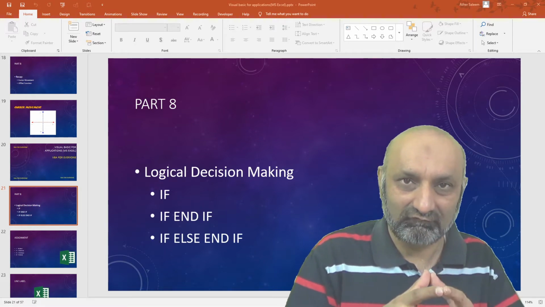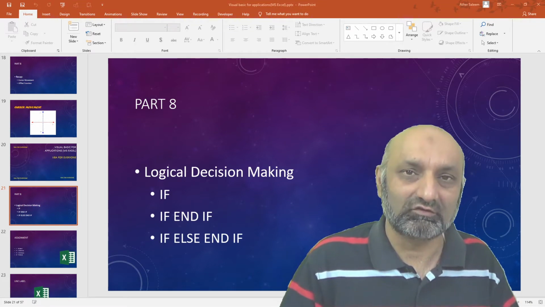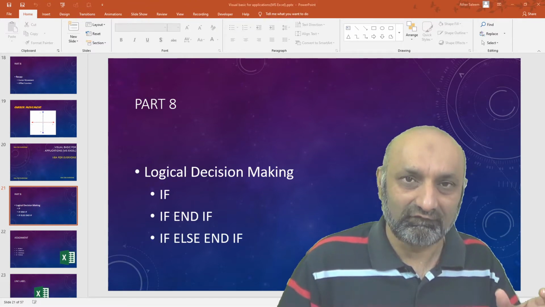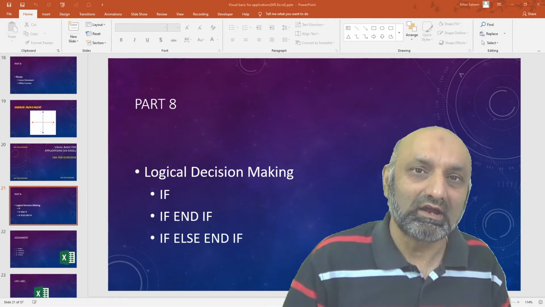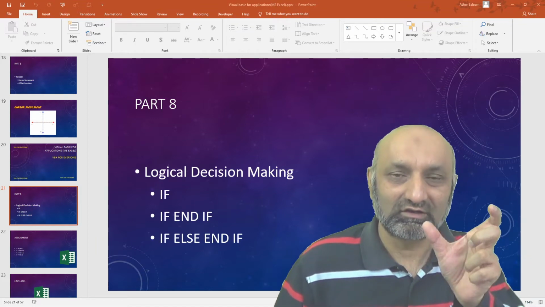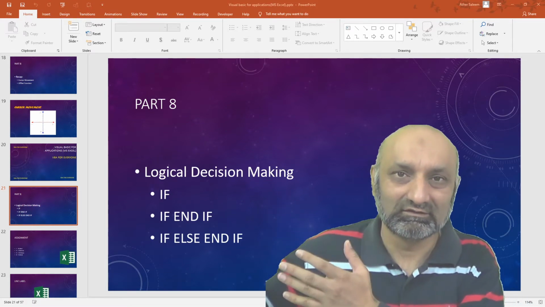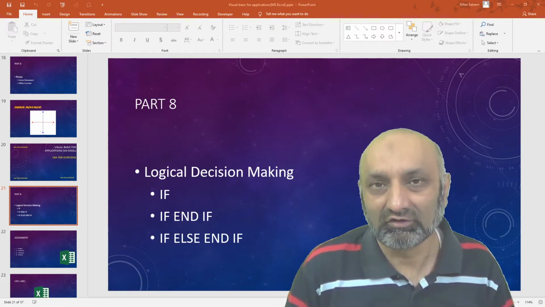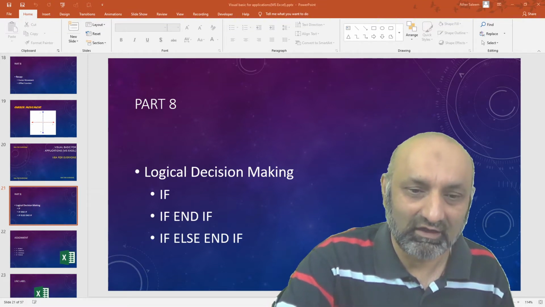So with the use of multiple commands, once you have passed your logical test, you have to use end if. If logical test, then do these, end if. And in the third step, we looked at if logical test, then do these, else do these, end if. So this was the syntax of if and logical test we performed. And at the end, I gave you an assignment.